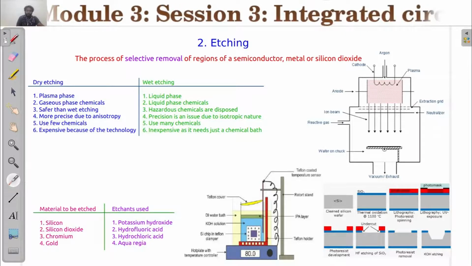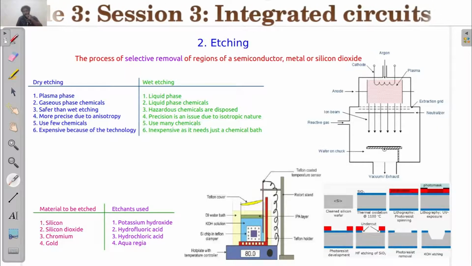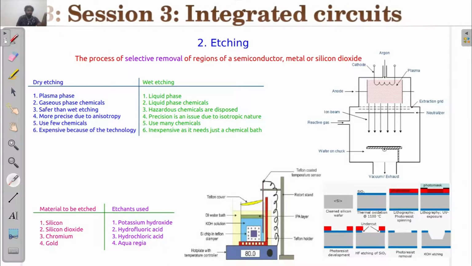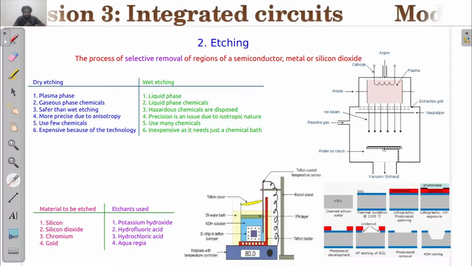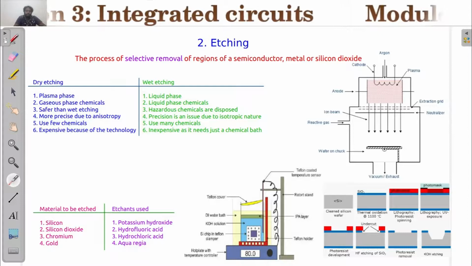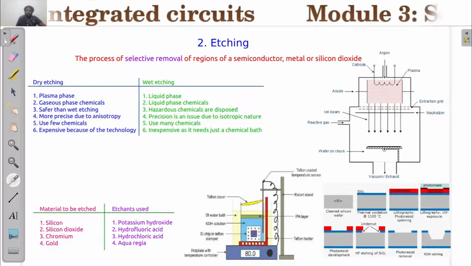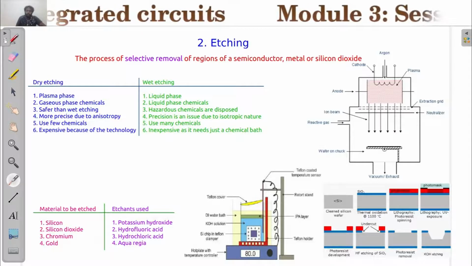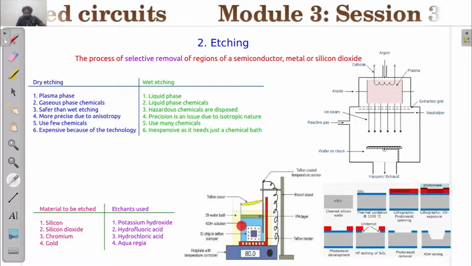If you want to remove silicon, you need to use potassium hydroxide. If you want to remove chromium, then you require hydrochloric acid. If you want to remove gold, you require aqua regia. So each of these materials can be removed using its own corresponding etchants. So if you want to remove silicon, then you will be using KOH. Here it is KOH being used in this figure.